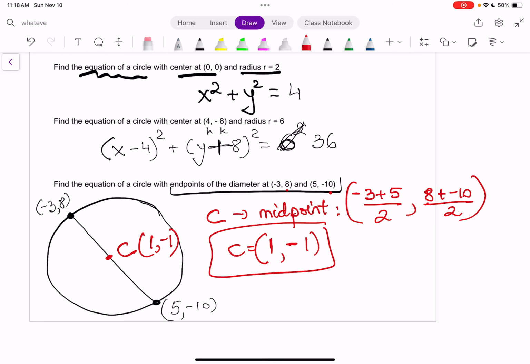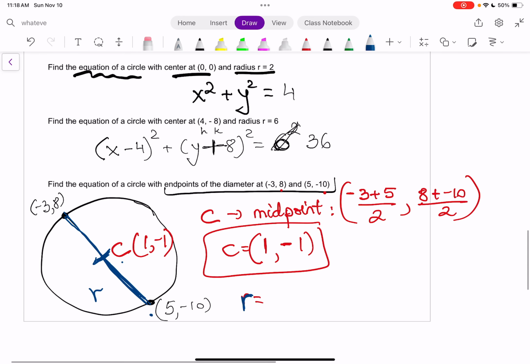So there's that. And then, of course, I need the radius. Yes, so the radius is going to be the distance between the center and either one of the endpoints. It doesn't matter. Or you can find the distance between the two endpoints and then cut it in half, right? So the radius is half of the diameter, right? So we need to use the distance formula. And I'm just going to use the distance between these two points. It doesn't matter. I'm going to get the same answer if I go from 1, negative 1 up to